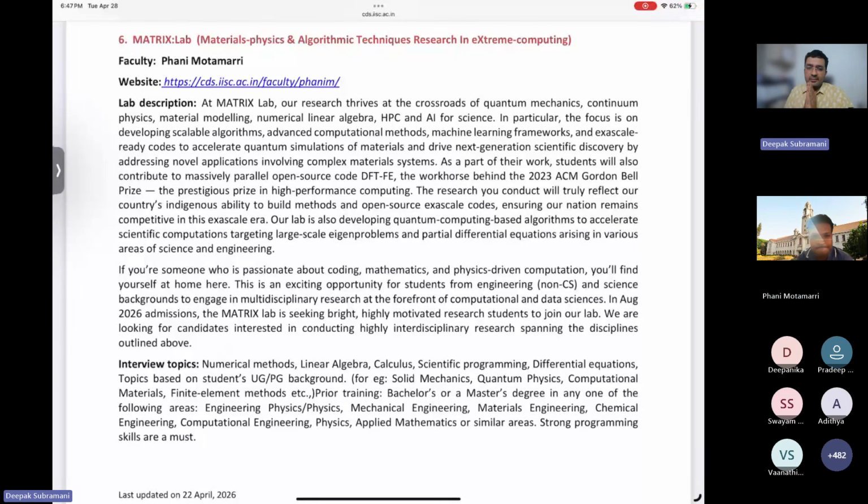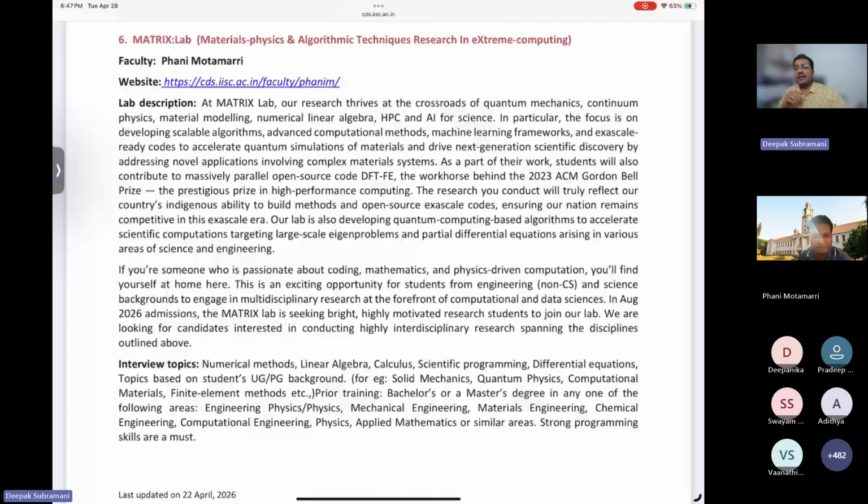And the professor didn't mention, but their lab recently got funding for the quantum computing mission, one of the critical projects of India to make India self-reliant in this area of quantum computing. They are one of the leaders in this field. So if that is something that you are passionate about, please do come. In fact, Professor Aditya, Professor Fani, and mine, one of our dreams is to win the Gordon Bell Prize fully with a team from India.